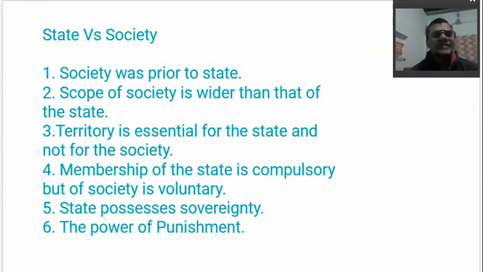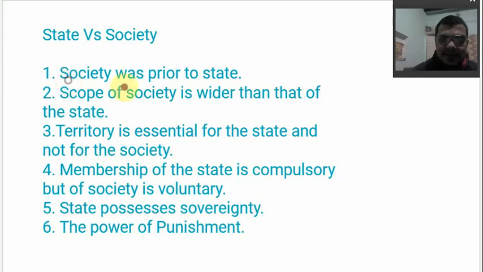Society, I think you all understand, we live in a society. First we create a society. When humans are living in an area, there are multiple humans, so they are living in a society. A society can be of various religious groups, it can be of various kinds of people living in a society. It is not limited to one type. Society is actually a much bigger concept than the state.